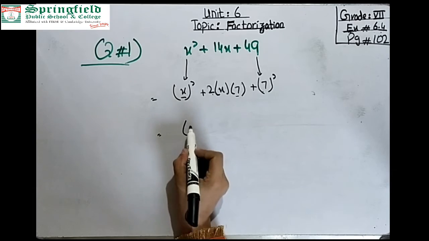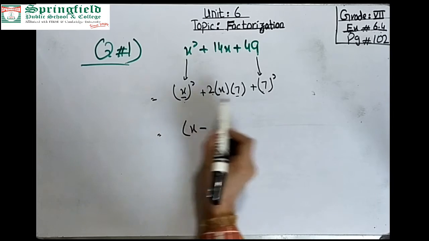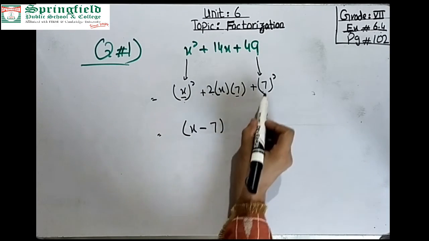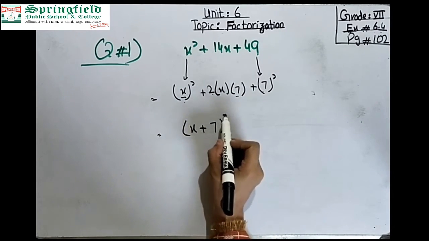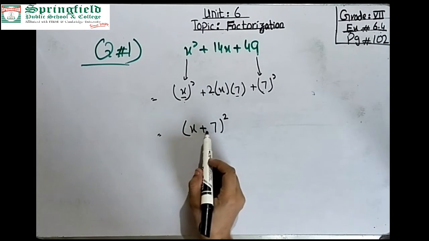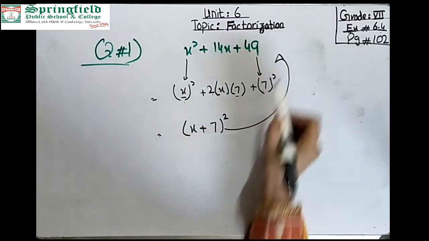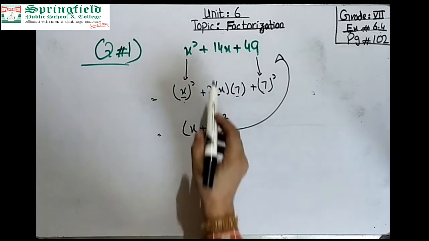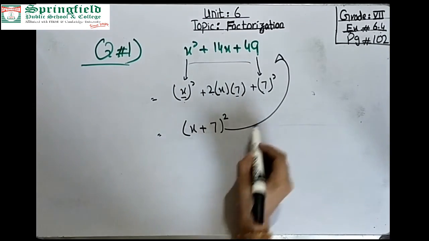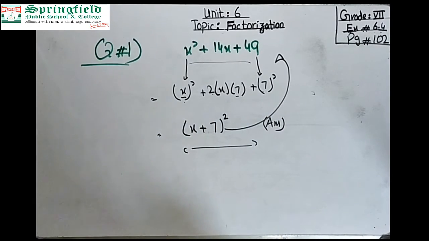So it means we can close this formula. So a plus b, and b is 7. (a plus b) whole square. Fine. (a plus b) whole square means (x plus 7) whole square is equal to this term. When we open this, we will obtain this term. And this is your final answer. Fine. Okay, now come to question number 6.